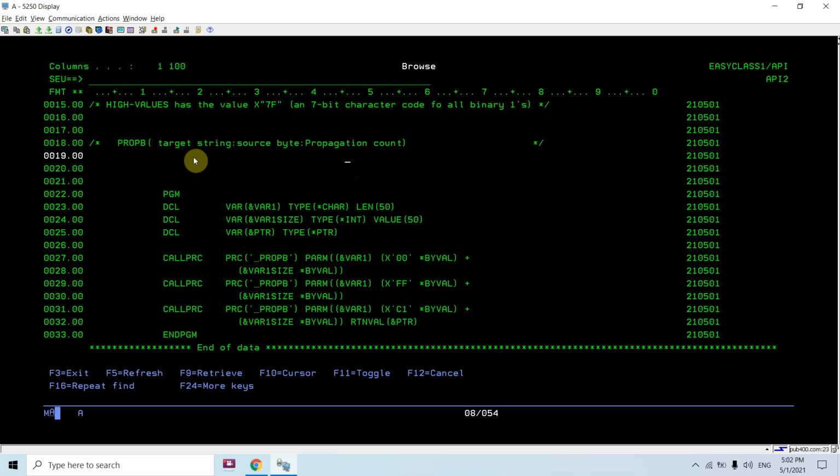and propagation count. Target string is the one in which we want our source byte to be passed at any number of positions.